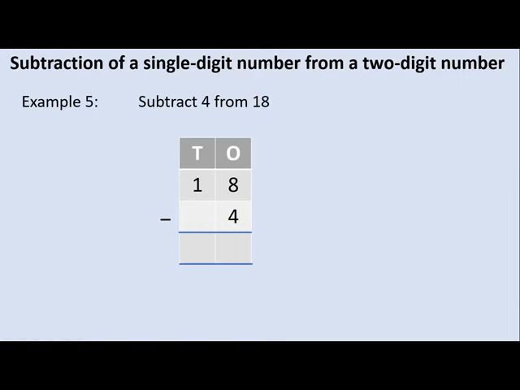Please remember this and follow. If you write 4 in tens column for subtraction, you will definitely go wrong. Therefore, you remember a single digit number will be always in ones place. Whether you may be adding the numbers or subtracting the numbers, a single digit number should be always written in ones place column. So now after writing 4 here, subtract 4 from 8. When you subtract 4 from 8, you will get 4.